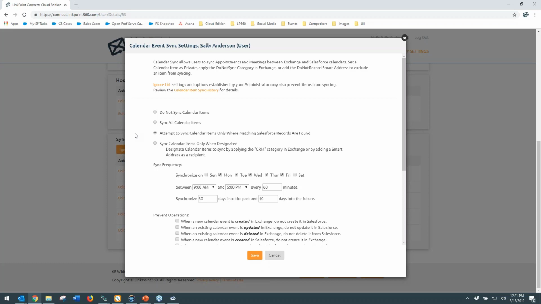find a matching record. I can also choose an even more refined sync where I can choose to only sync calendar items that I designate. And I can do that with a category code if I'm using an Outlook product, even if it's Outlook on a Mac, or I can do that with a smart address. This one's a little bit harder to demonstrate just because the different modes all somewhat automatically run in the background, but I like to mention it because the Cloud Edition gives you, in most of these scenarios, very much a